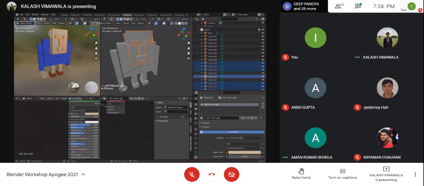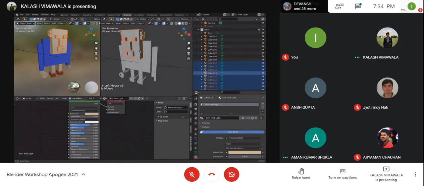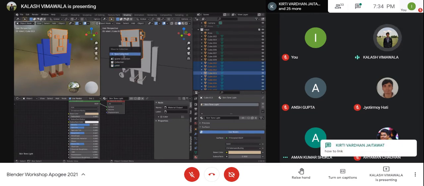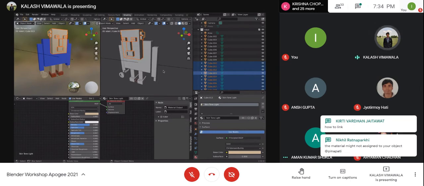This, this, and this. Okay. And press on M. M will have move to collection. If you click on M, you will see different options over here: new collection, scene collection, or the pre-existing collection robot. If you move it to a new collection, you will make a new collection which will have all these things.